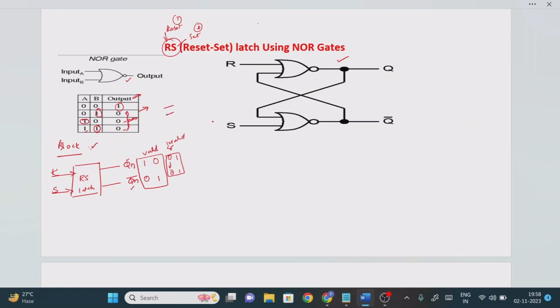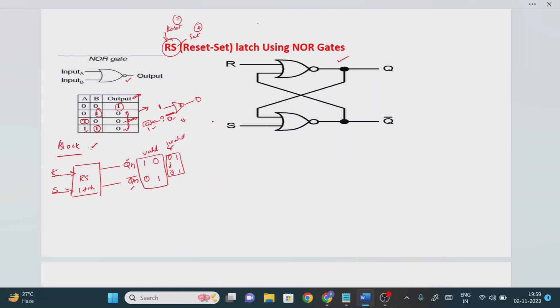So what is the meaning of this? The moment you are taking the NOR gate operation, something like this, if one input value is 1, even if you don't know the second input value, we can directly decide the output as 0. So how can we decide? Let us see. For example, consider the same scenario. What is this value? This value may be either 0 or 1. There are two possibilities. First we will consider this value as 0. Actually I don't know what this value is, so there are two possibilities in terms of the single variable. One is 0, another one is 1.